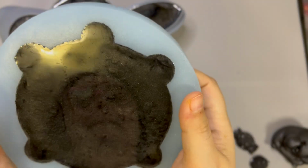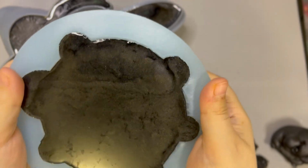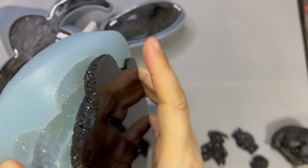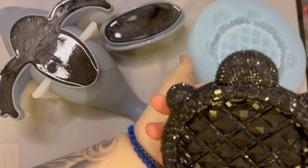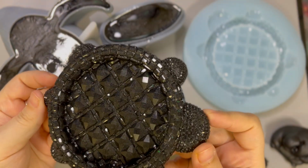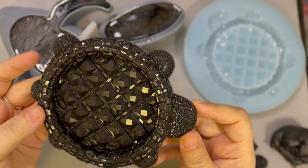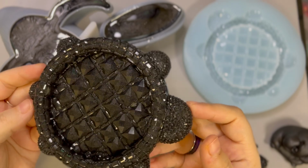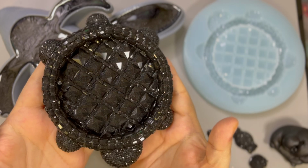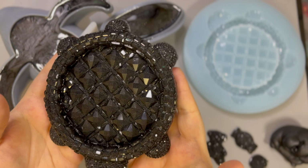So we're gonna pull out some ASMR for you guys. Oh, wow, that just shines in black. Wow, just wow, that's gorgeous. So this again, if you guys haven't been here, they call it a tray mold on IntoResin. It's the turtle tray mold,